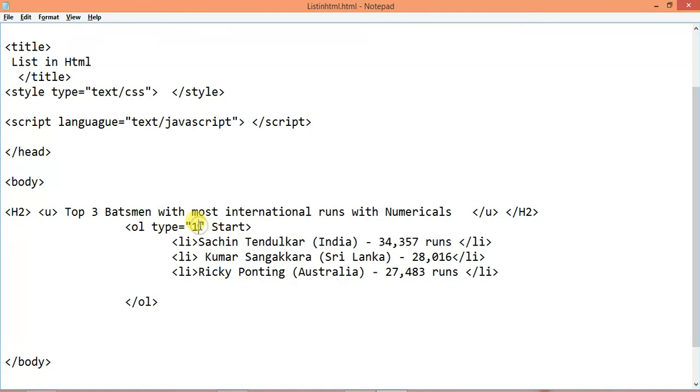So just type equal to 1 and give the start value as 5.